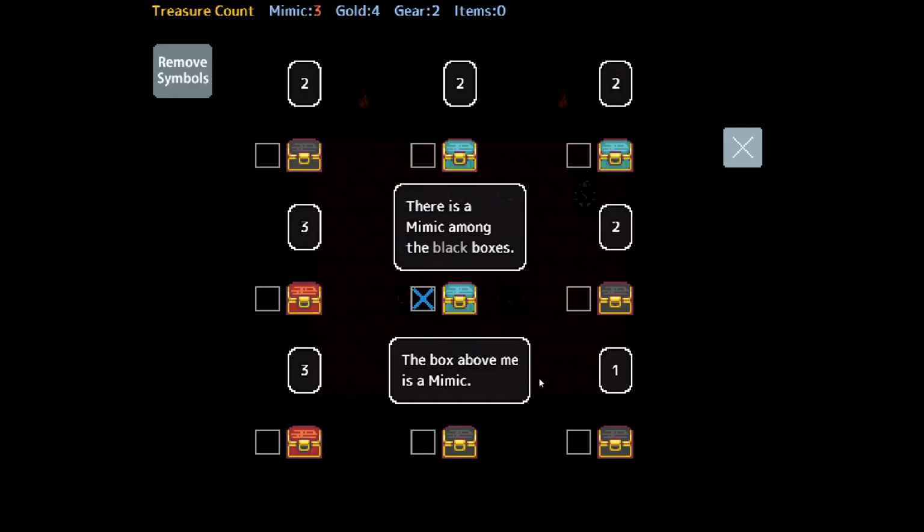Okay, let's assume you're lying. There is a mimic among black boxes. If you're lying... Ooh, there's like big numbers. If you're lying, that means there is no mimic among black boxes. So that means all is safe like this. Yeah. That means... Okay, this one cannot satisfy itself. So it's gonna be a mimic as well. So this one here, it's either gonna be a mimic or this one is gonna be...